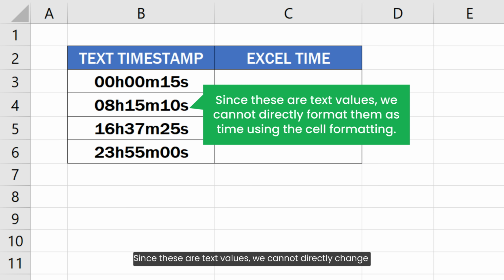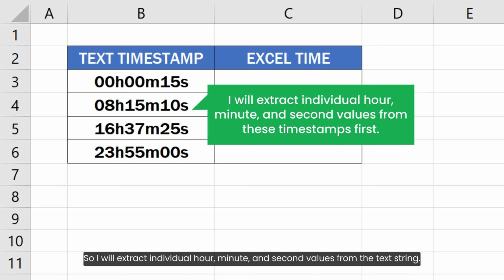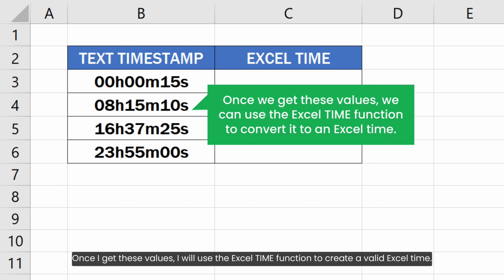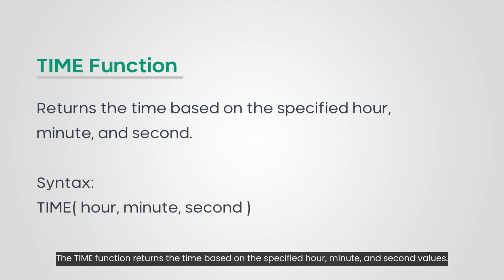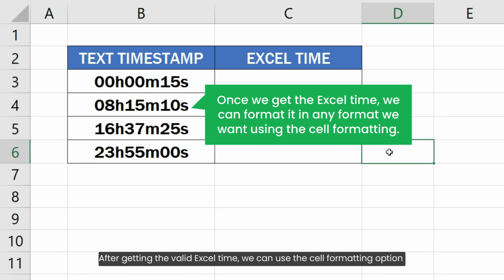Since these are text values, we cannot directly change the date format using the Format Cells option. So I will extract individual hour, minute and second values from the text string. Once I get these values, I will use the Excel time function to create a valid Excel time. The time function returns the time based on the specified hour, minute and second values. After getting the valid Excel time, we can use the cell formatting option to format the time in any format